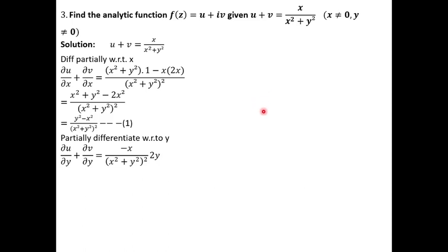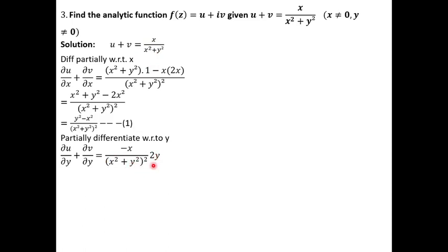And similarly, 1 by x square can be written as... differentiation of 1 by x square is minus 2 divided by x cube. Similarly, we are applying the same formula. Otherwise, you are applying the quotient rule. By the quotient rule also we get the same answer. Take x outside, then the remaining is 1 by denominator whole square, (x square plus y square) whole square, and differentiation of denominator. What is the differentiation of the denominator?